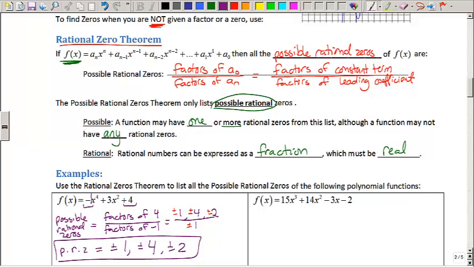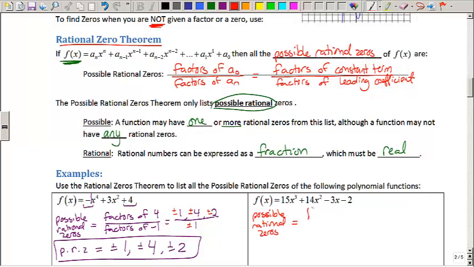What we just did is we took an infinite amount of possibilities for 0 and broke it down to a possible 6 for at least the rational zeros. That right there is pretty amazing. Let's do it one more time for the next problem. F of x is equal to 15x cubed plus 14x squared minus 3x minus 2. And I'm looking for the possible rational zeros. I know that I'll have 3 zeros, but all I'm looking for is just a list of the possible